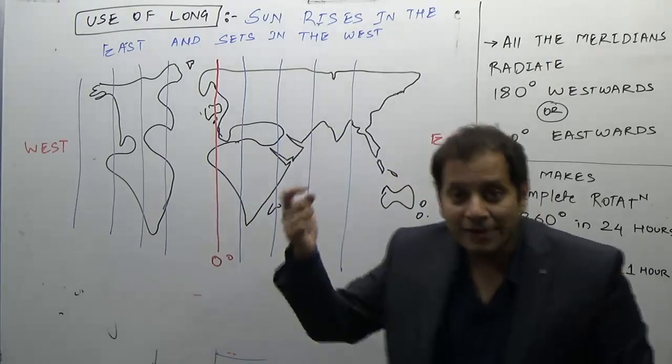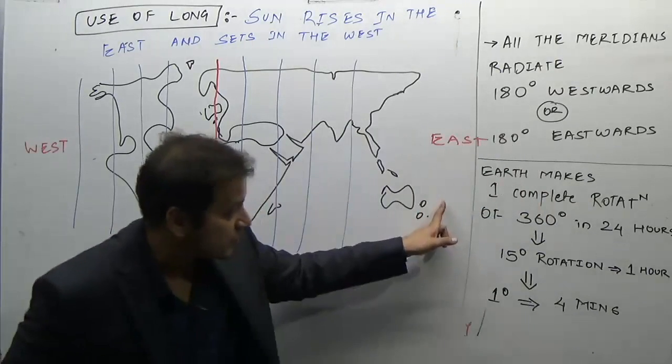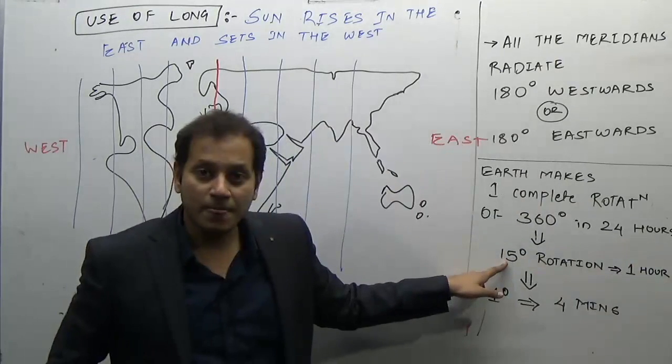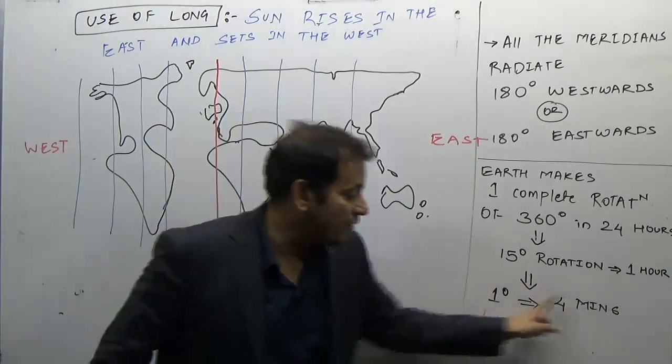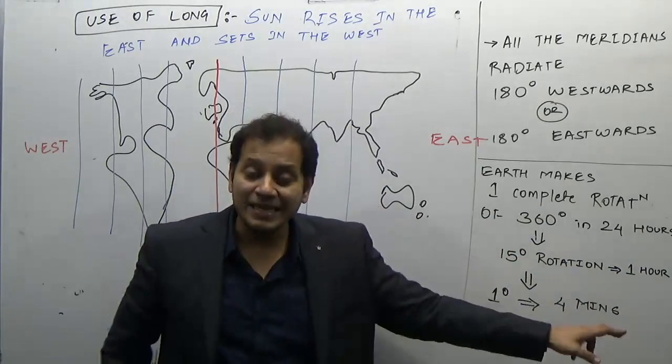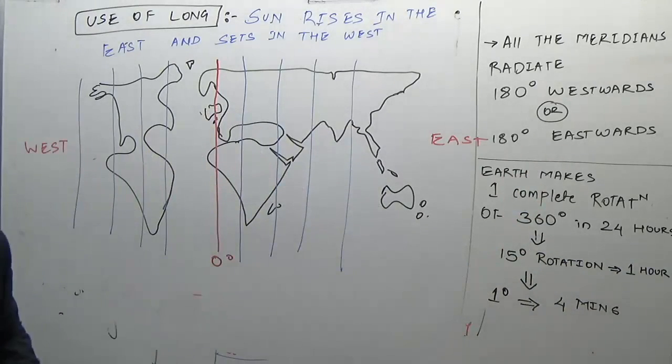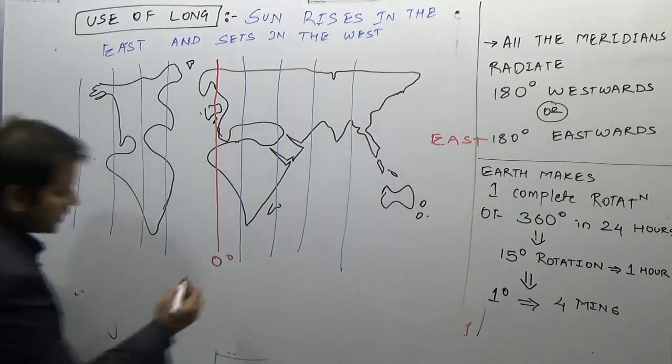How will we add or subtract? We add and subtract by using this. If it is located after 15 degrees to the east, plus 1 hour. After 1 degree to the east, plus 4 minutes. So we can say, if we go eastwards,